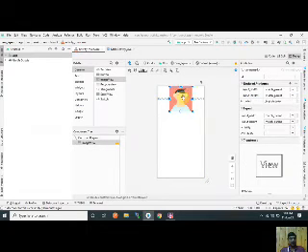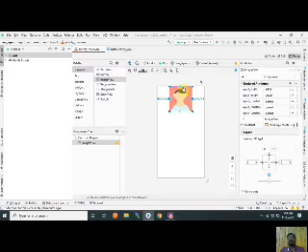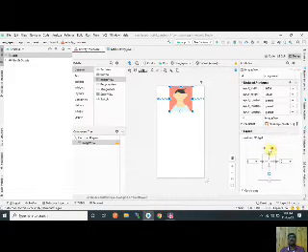Now it is attached to the upper side, and there is no space between the component and the main parent layout. So the value of the constraint here is 0.